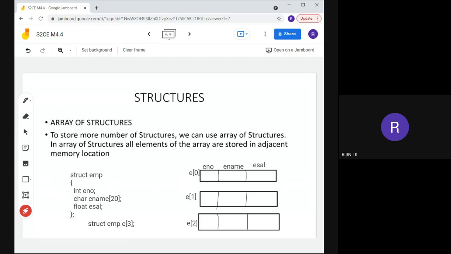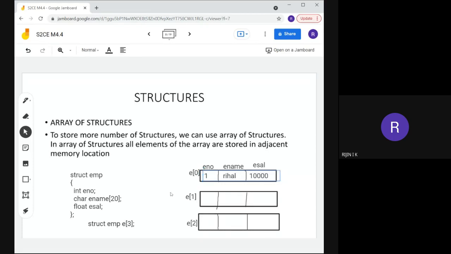Suppose you want to store values: e of 0 employee number is equal to, say, 1. Then employee name is Rihad, and salary is, say, 10,000.